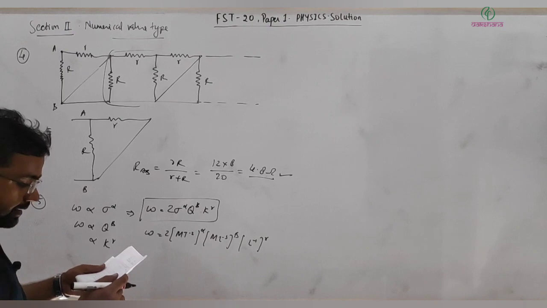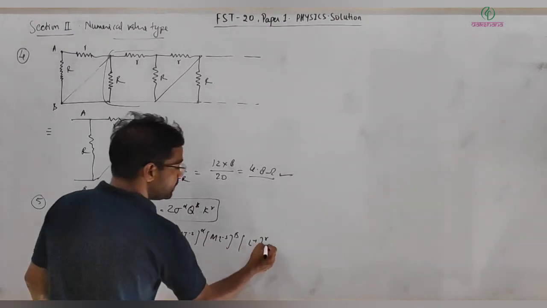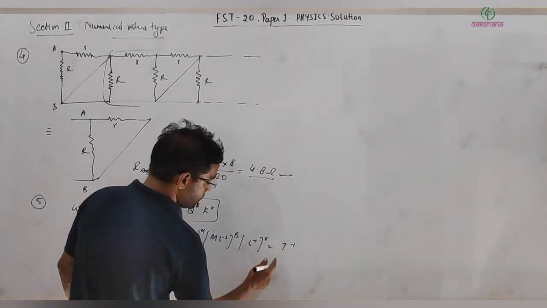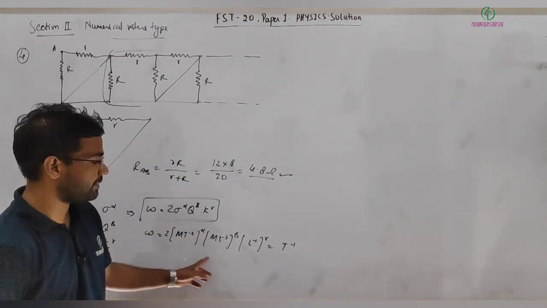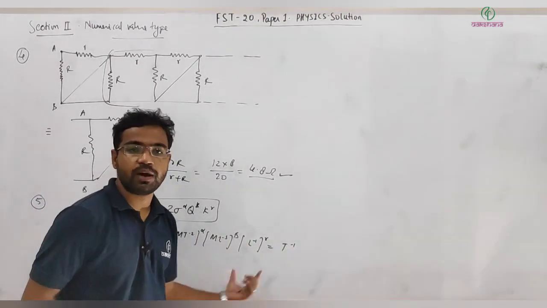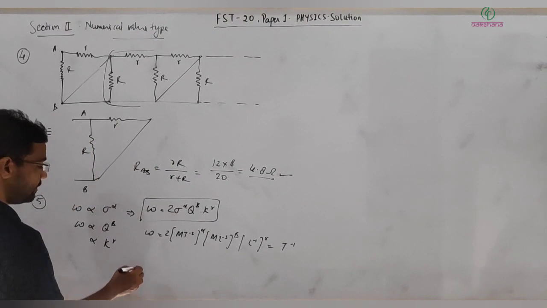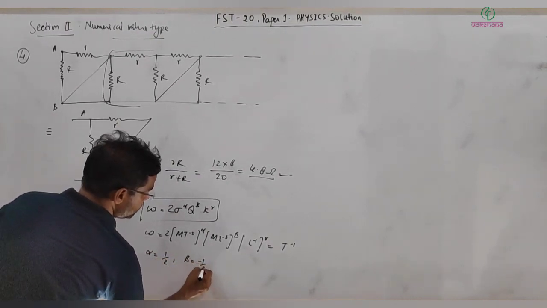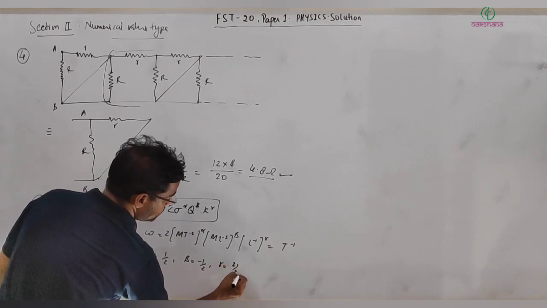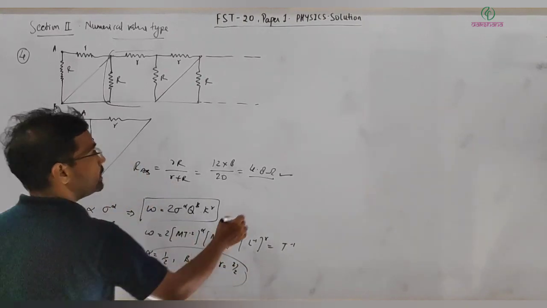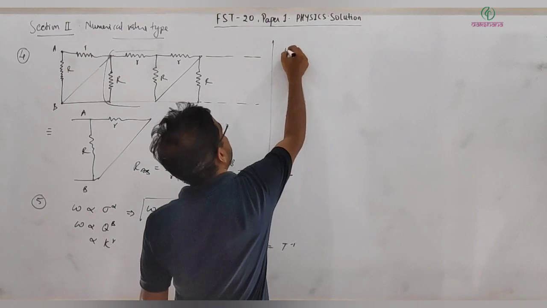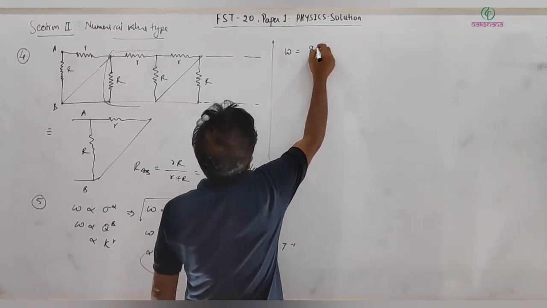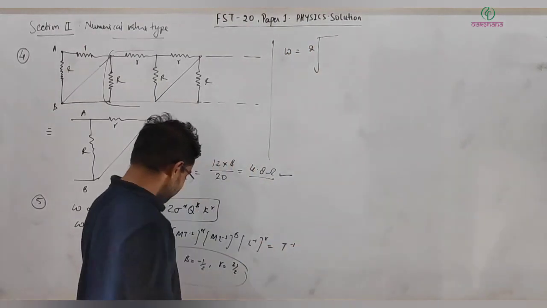And finally, omega will be equal to simply t power minus 1. Simplifying and equating the exponents on both sides and solving for alpha, beta and gamma, we get alpha equal to 1 by 2, beta equal to minus 1 by 2, and gamma equal to 3 by 2. So just substituting there, we have omega equal to 2 under root,